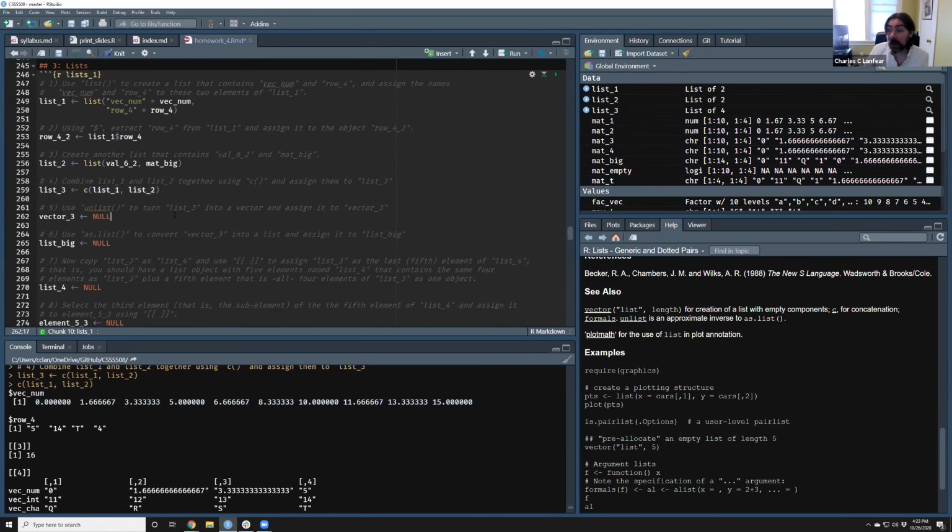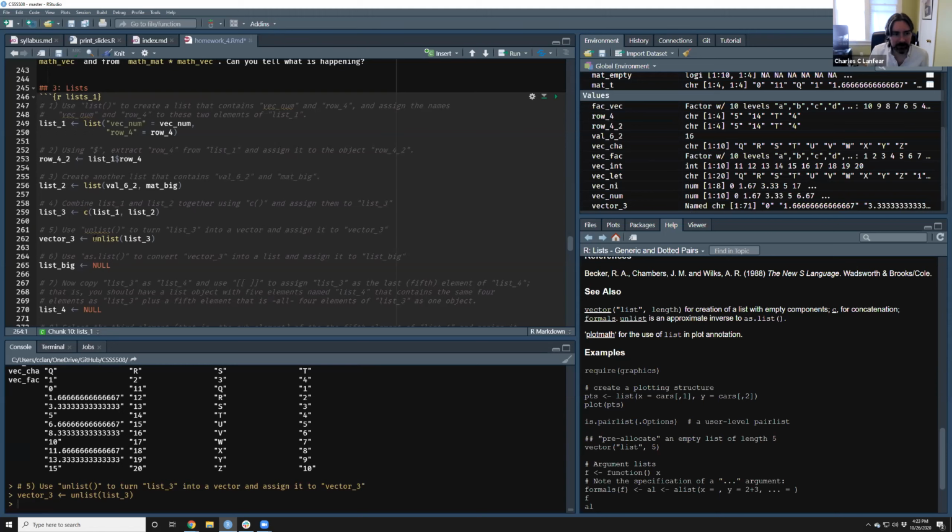Okay, now we're going to do something weird. This says use unlist to turn list 3 into a vector and assign it to vector 3. I'm not soliciting an answer for these because this is literally follow the instructions and more like see what happens. I'm going to say unlist here, list 3. Okay, let's look at the result of this.